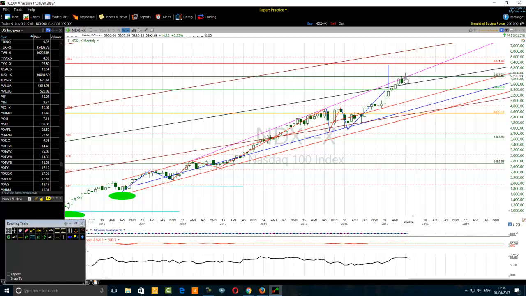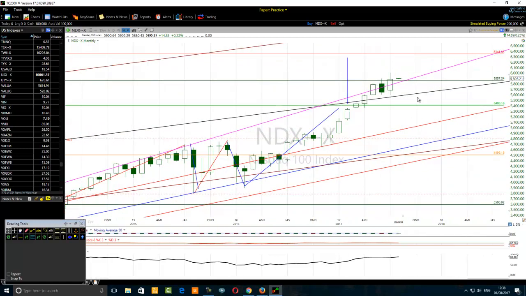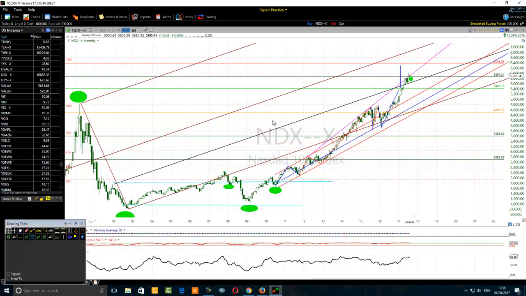So remember that it's also a hot spot trading zone because it's the intersection between the 5857 and the pink line. That intersection, that's where we are now. We are just above it. It is a hot spot trading zone. Very often we see a surge in trading volume or more trading activity in a hot spot trading zone. Alright. So this is about the targets one should set for the NASDAQ 100. In order to become a more efficient NASDAQ 100 chart analyst, one should know how to set targets for the NASDAQ 100. Those are the targets that the professionals are watching